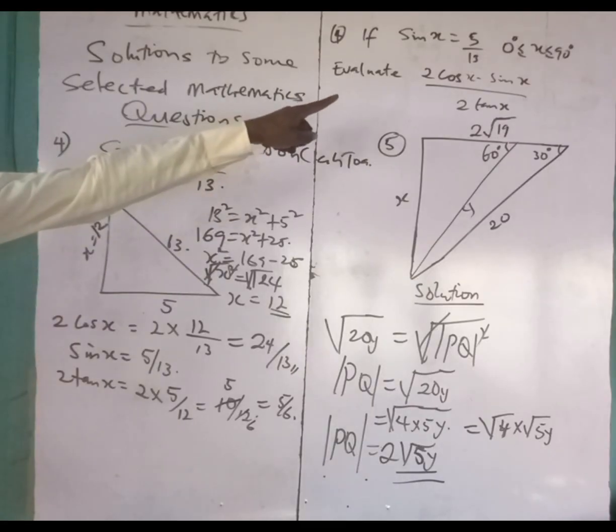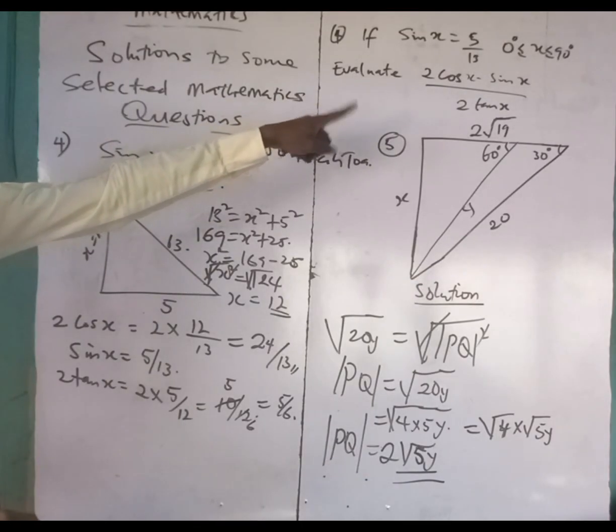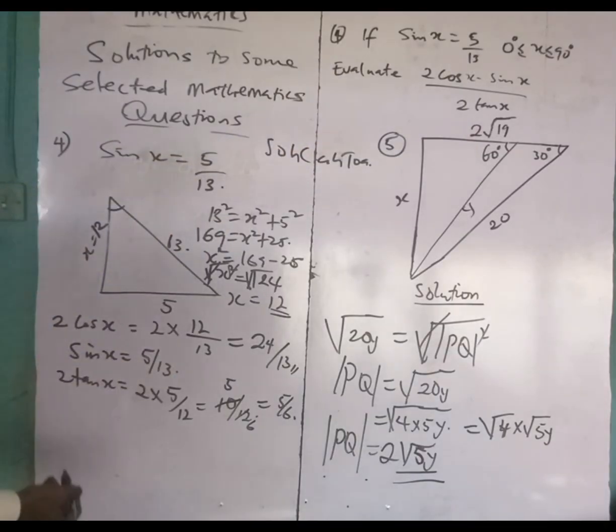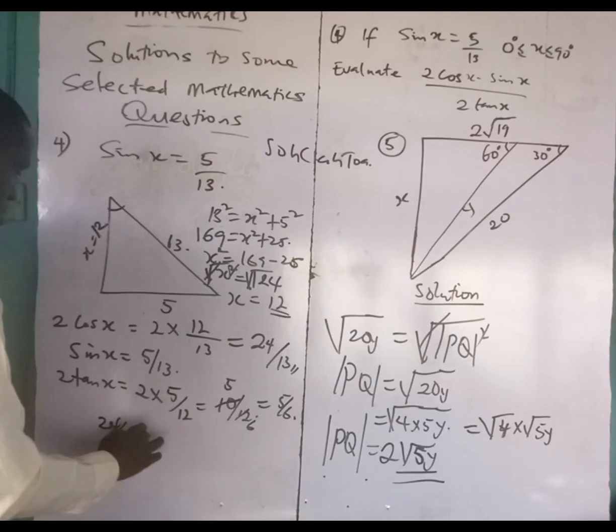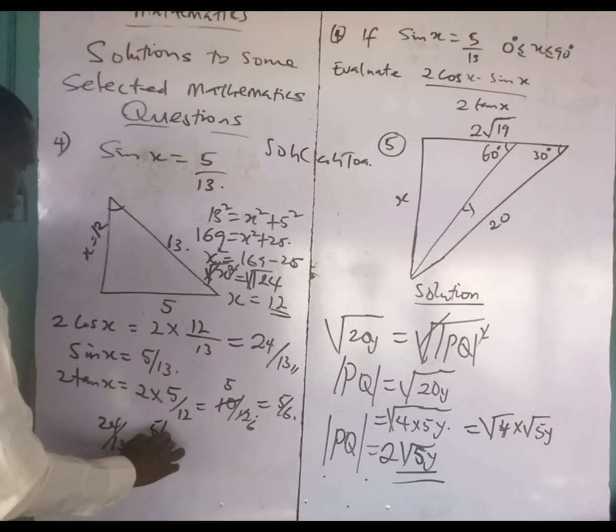Now this is what we have to evaluate: 2 cos x minus sine x over 2 tan x. So let's quickly see. 2 cos x now is 24 over 13, minus sine x, 5 over 13,